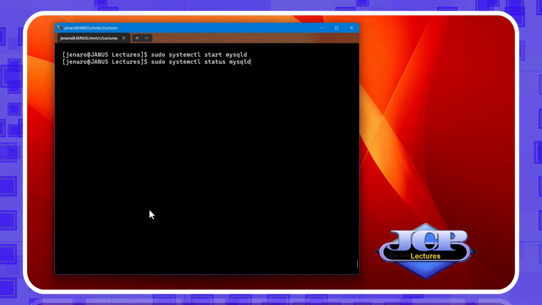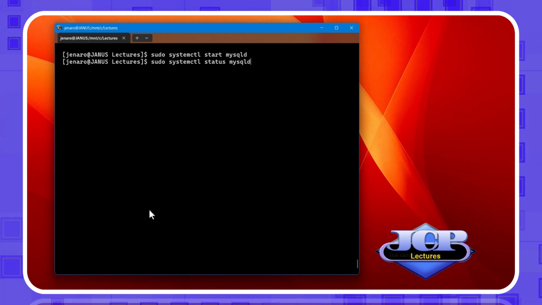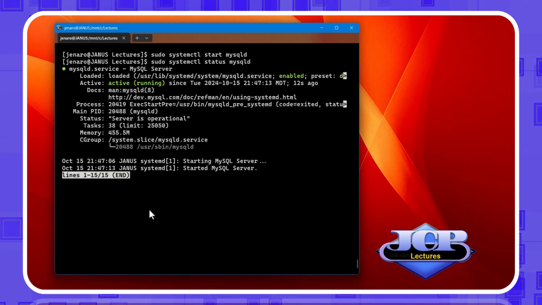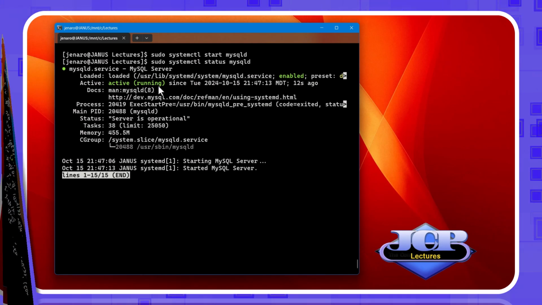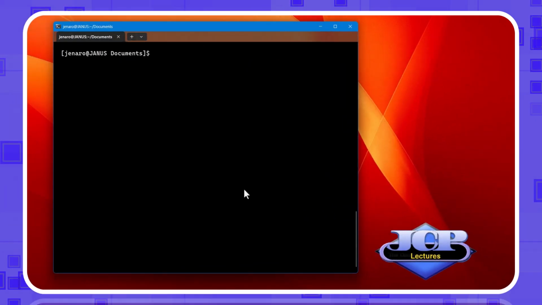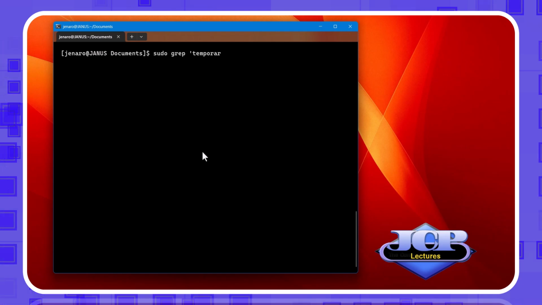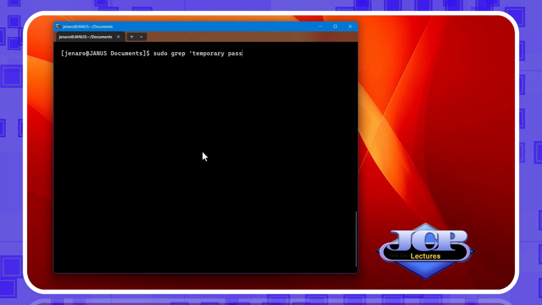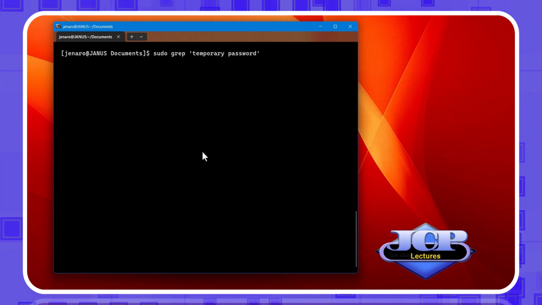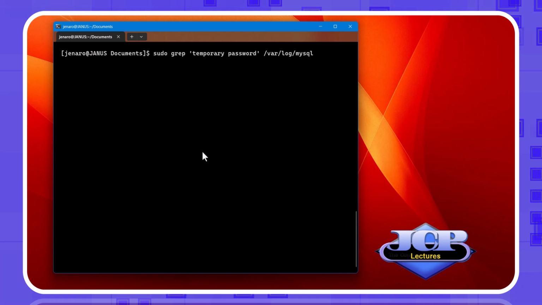And now check again the status. Now it is active. The activation provides a temporary password that we need to search inside a file. We can get it with sudo grep 'temporary password' /var/log/mysqld.log.